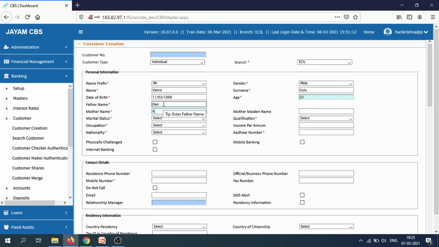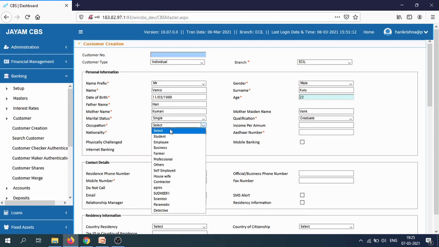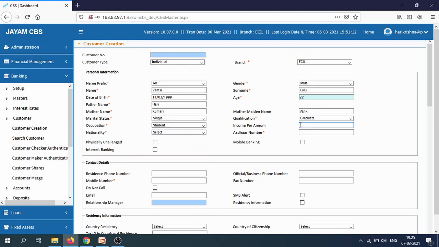Mother's name Mari. Single. Qualification graduate. Occupation student. Annual income, I'll put none, because he's a student, no annual income.